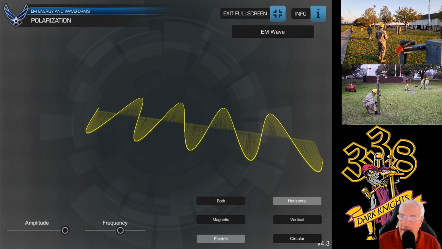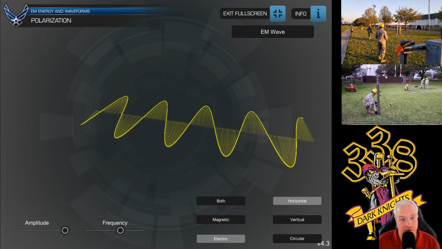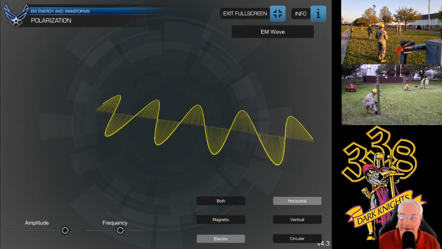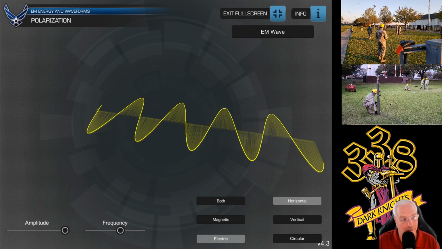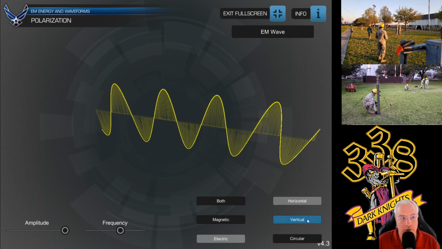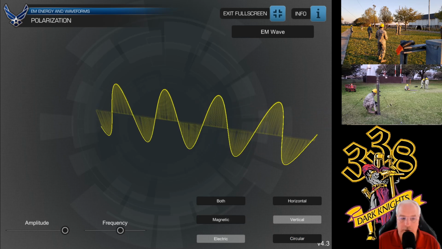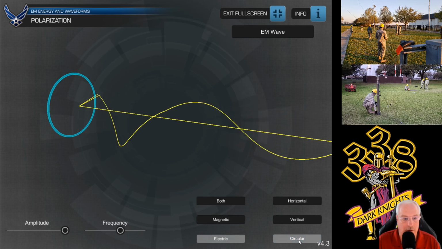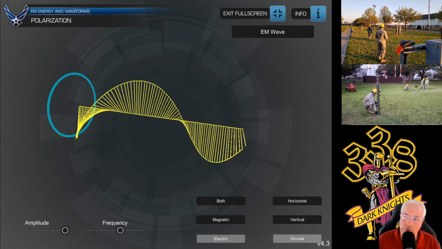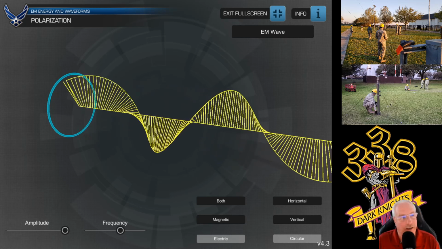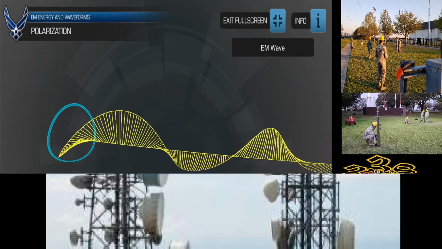I brought up the handy dandy Air Force application for polarization. You can see that we have the E-field representation of the horizontal or linear style polarization. You can see that the horizontal is from side to side. When I click on the vertical, it's up and down or vertically polarized. The next one that we're going to look at is a circular. We're looking at the E field again, and we cross over from the vertical to the horizontal in a circular pattern. Kind of crazy, ain't it?